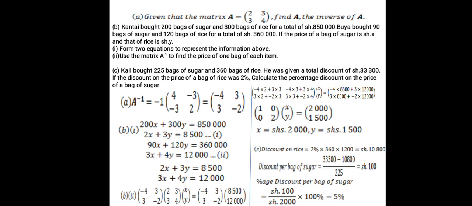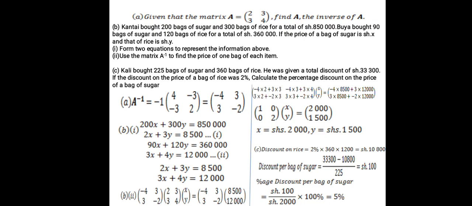Given that matrix A is equals to 2, 3, 3, 4, find A inverse. So A negative 1, the inverse of A, is found first by finding the determinant of the matrix A. This is gotten by multiplying the lead diagonal, that is 2 times 4, less the subsidiary diagonal, that is 3 times 3,